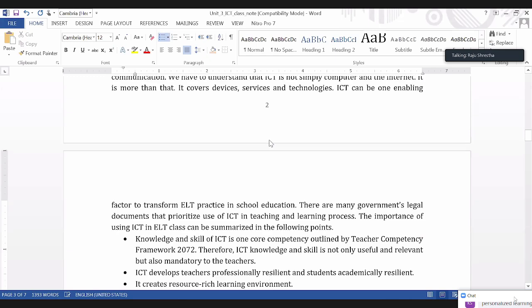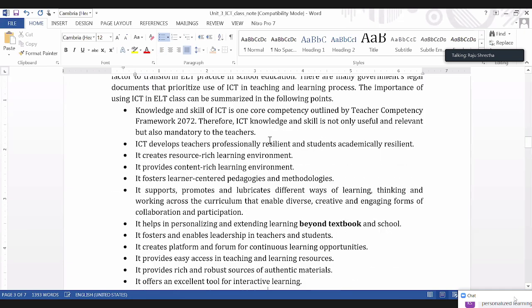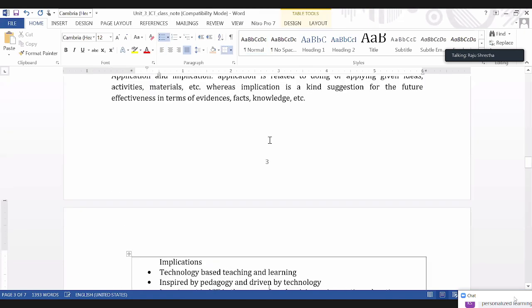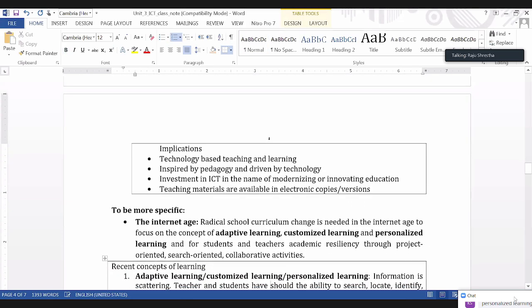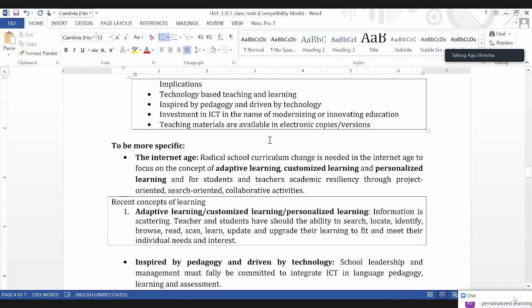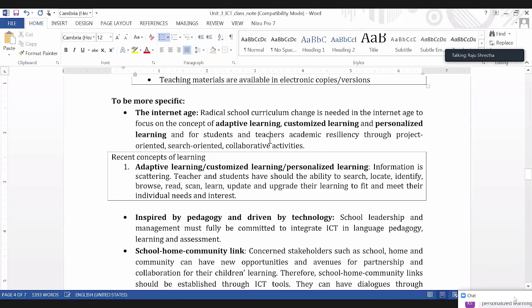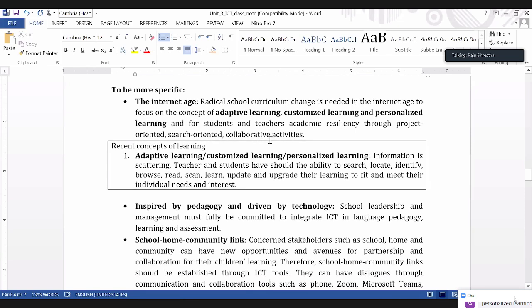ICT we have integrated in teaching and learning process to innovation गर्न नै हामीले युज गरे ICT लाई हैन. So what is innovation? This personalized learning, adaptive learning, customized learning, this is innovation. यो आफ्नो आवश्यकता अनुसार सिक्ने प्रक्रिया, this is innovation. ओके, यो हाम्रो यहाँ लेख्न सकिन्छ, तर तपाईलाई गाह्रो हो भने simple things, don't worry, I will share at the last. कसरी समराइज गर्ने भन्ने कुरा म लास्टमा शेयर गर्छु।